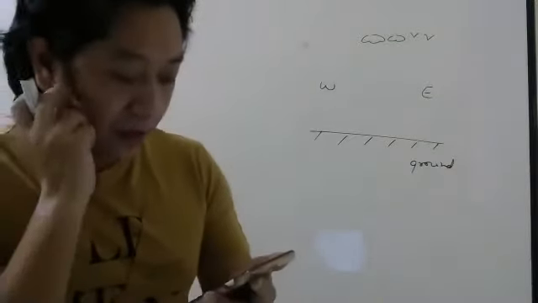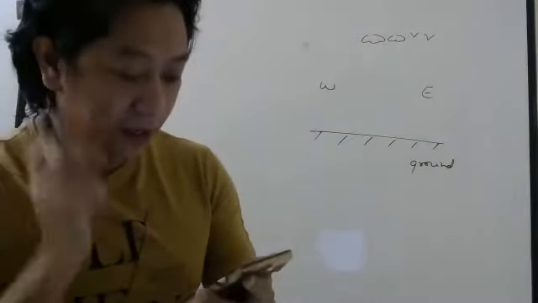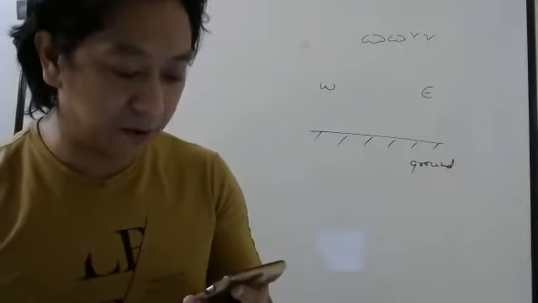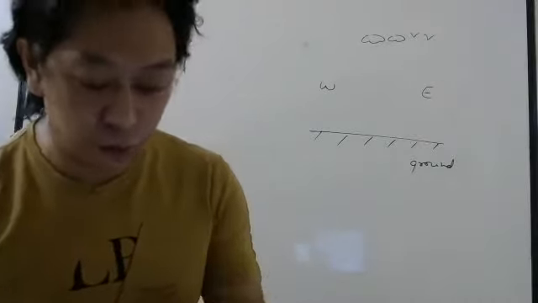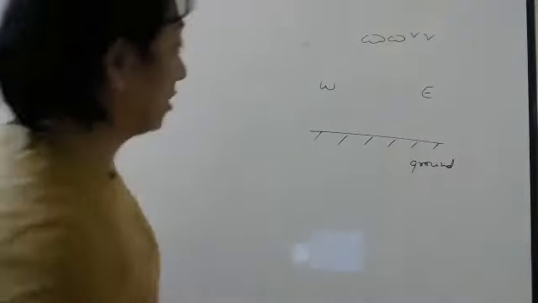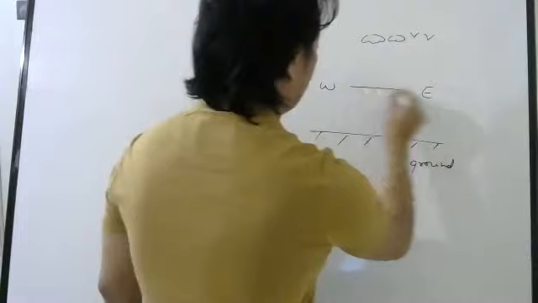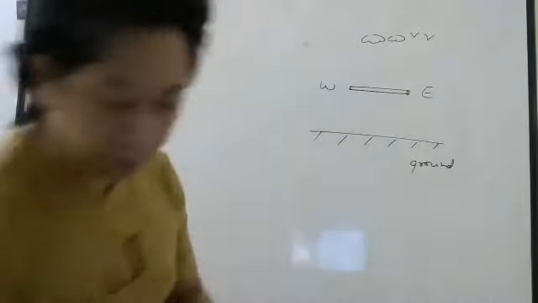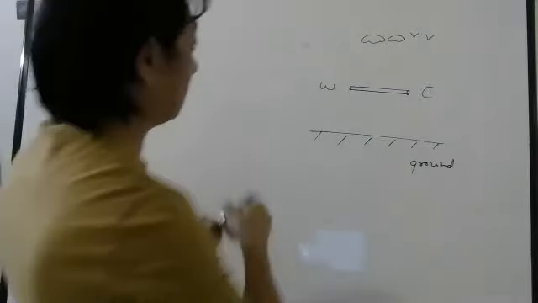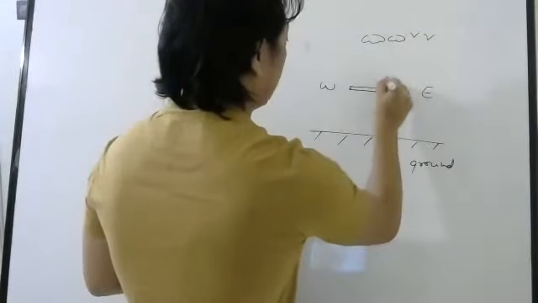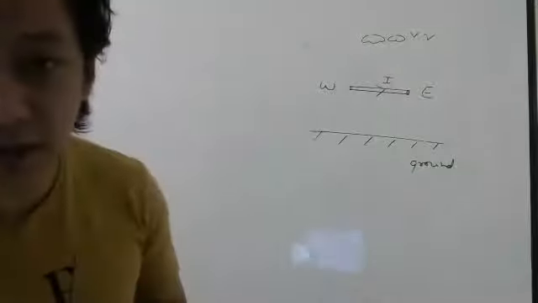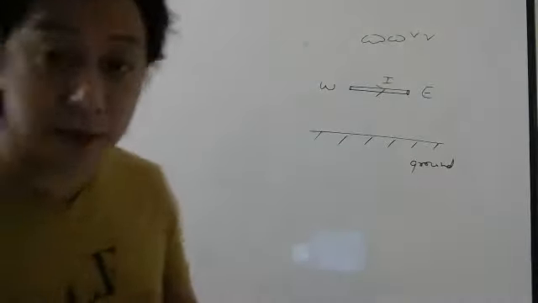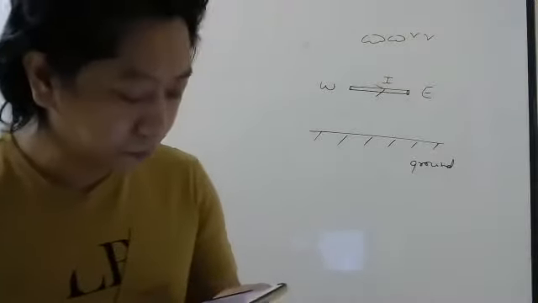Okay, let us see what they are saying. A straight horizontal wire of mass 200 gram and length 1.5 meter carries a current of 2 ampere from west to east. So if this is your wire, current is flowing from west to east. That is the direction of L bar. L bar is taken along the current.